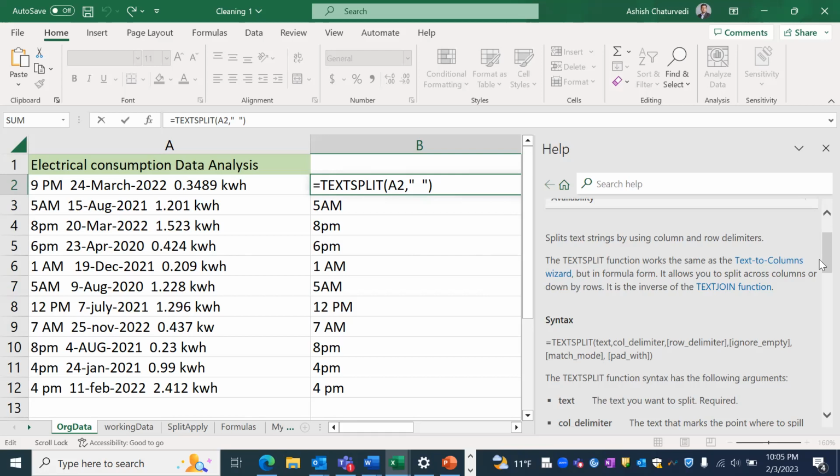Then you have ignore_empty. What do you mean by empty? Empty means there is no character. See, space and empty are different. Okay. Now let me,